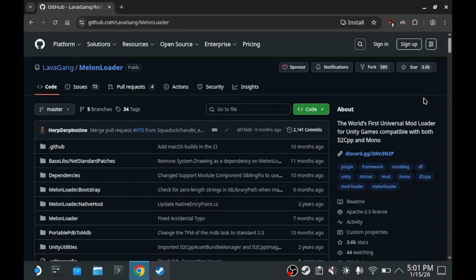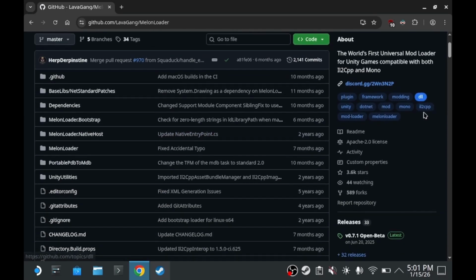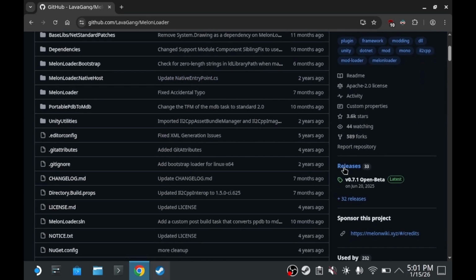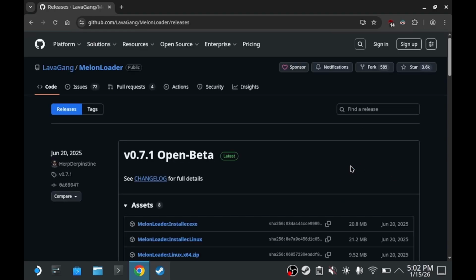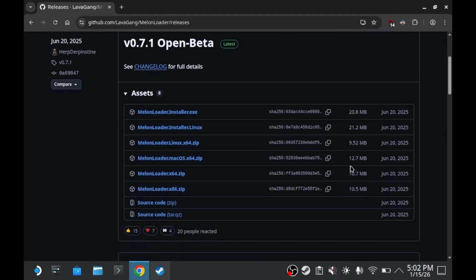After that, once you see this page, you will scroll down a bit. On the right side, there's releases. Do not click on the one that you see latest. Click on the word itself, releases. Once that's done, you will scroll down until you see